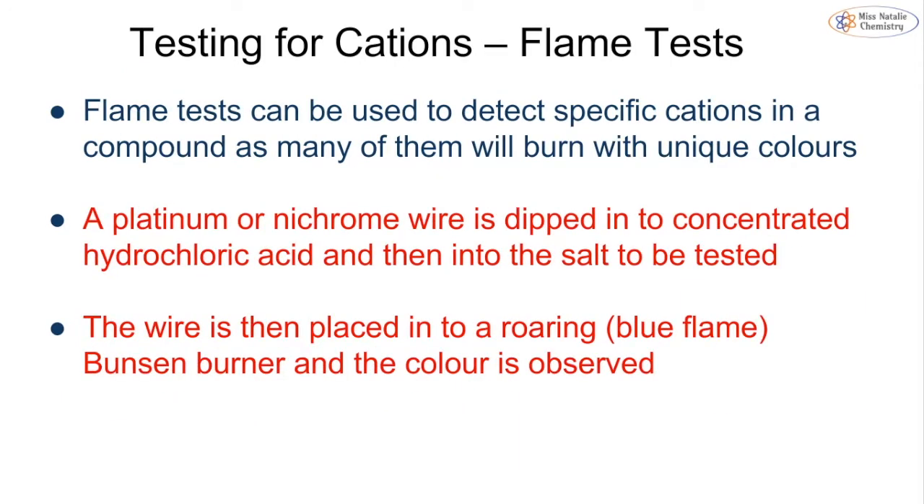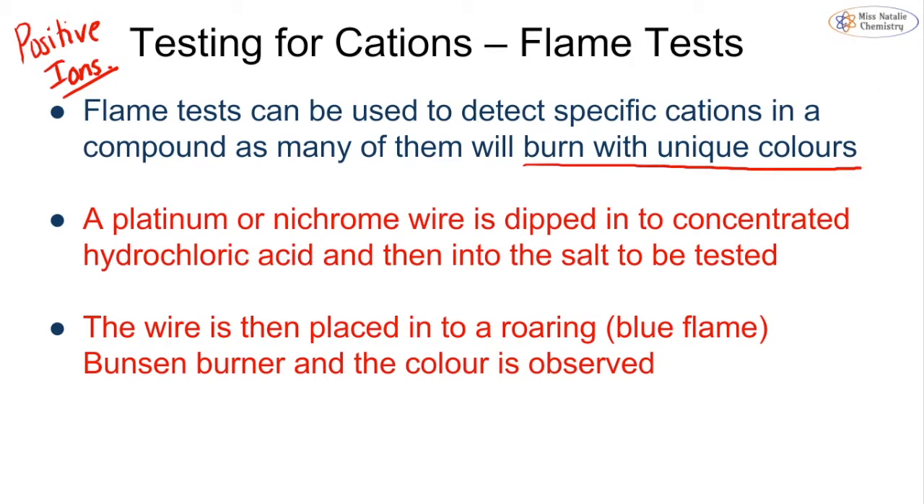Now let's move on to how we test for cations. Just a reminder, cations are positive ions. So typically these are going to be your metals. And there are 2 different ways that we can do this. The first way is using a flame test. And we can use the flame test to detect very specific cations, because the majority of them will burn with